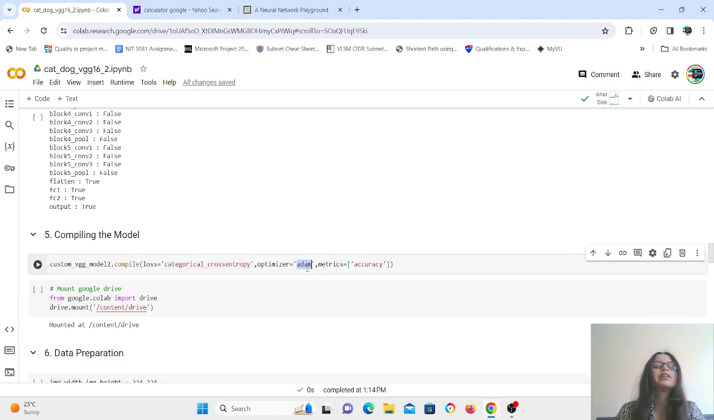Adam is a good optimizer. There are different optimizers, there is RMSprop, there is Adam. I have used Adam, but you can use any other, it's completely up to you. And then there is AdaGrad as well. Basically, Adam is a combination of AdaGrad and